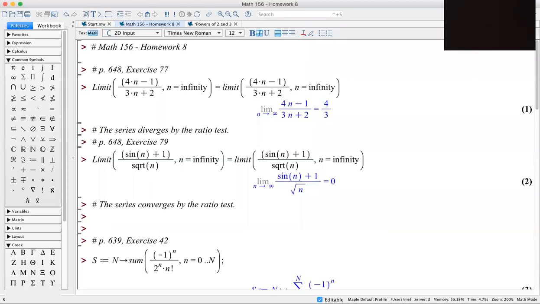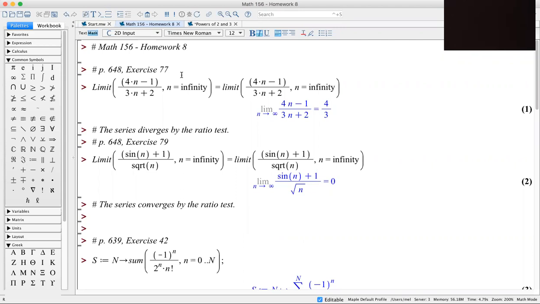So this is an additional lecture on alternating series and the ratio and the root test. I'm going to go over a couple of the problems from the homework. Here they are. So on page 648, exercise